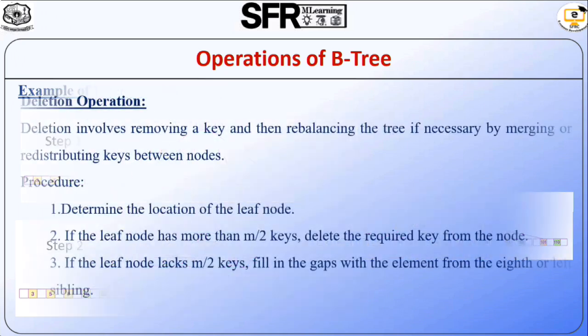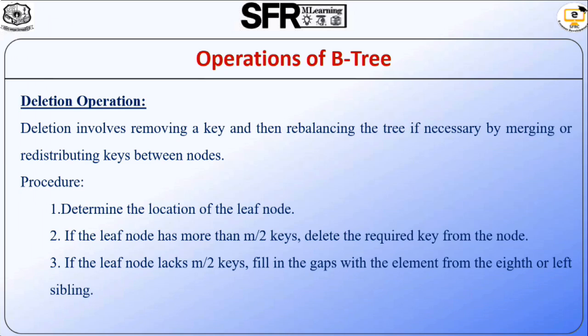So next operation is the deletion operation. The deletion operation involves removing a key and then rebalancing the tree if necessary by merging or redistributing the keys between nodes. First step, determine the location of the leaf node. Second, if the leaf node has more than m/2 keys, delete the required key from the node. Third step, if the leaf node lacks m/2 keys, fill in the gaps with an element from the right or